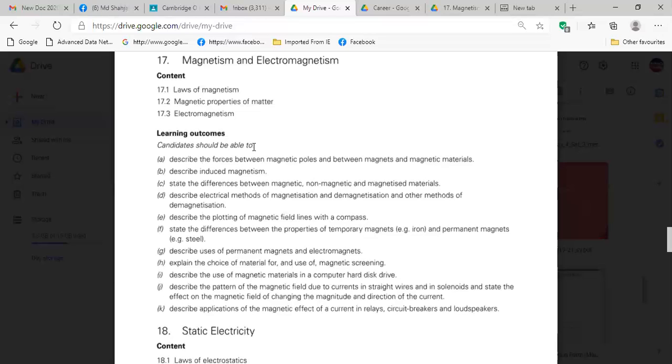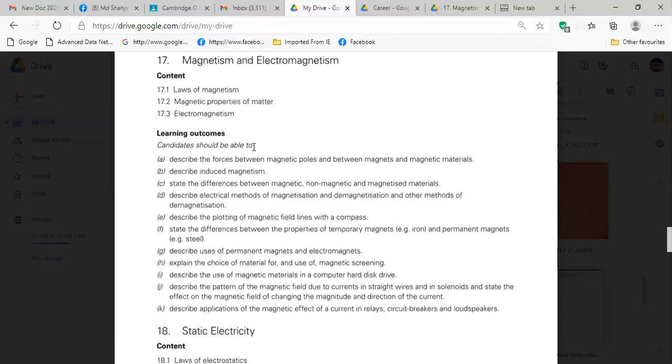Then you write another heading, non-magnetic materials, give a hyphen: which are not attracted by magnets.